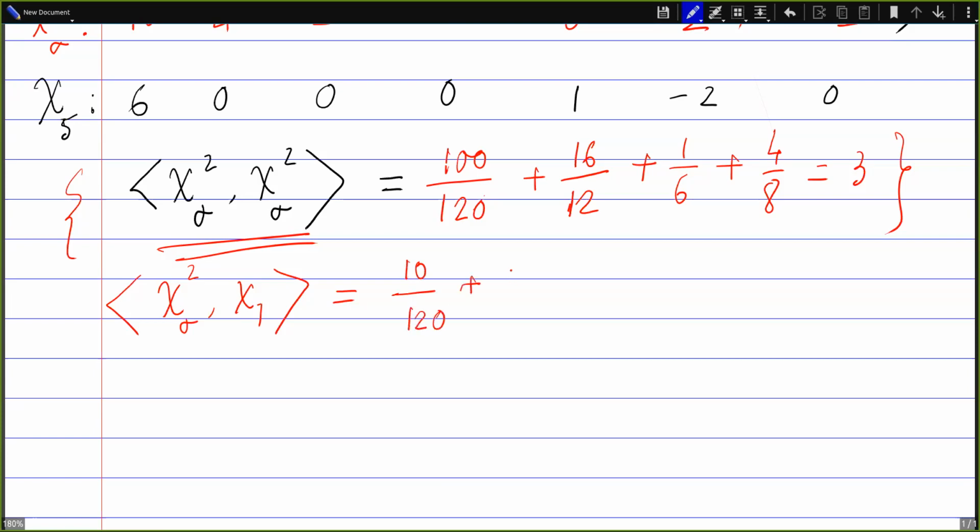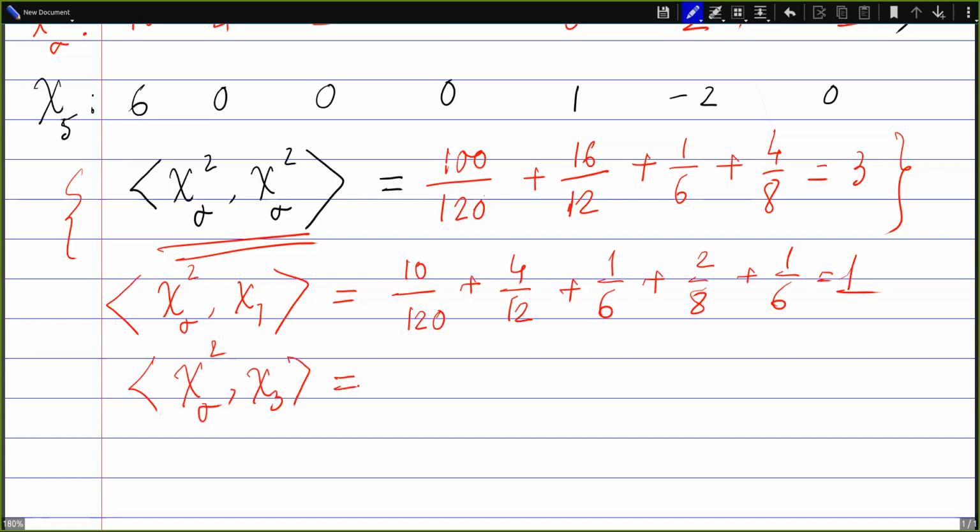The next term is 4 by 12. Next it is just 1 by 6. Next it is just 2 by 8, and then 1 by 6. This happens to be 1. And then similarly for chi sigma square chi 3, it is also easy to see that the first term is just